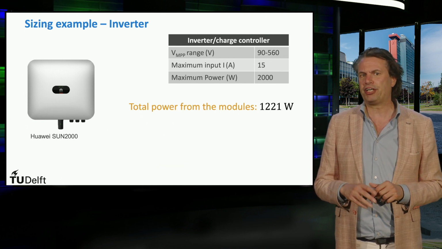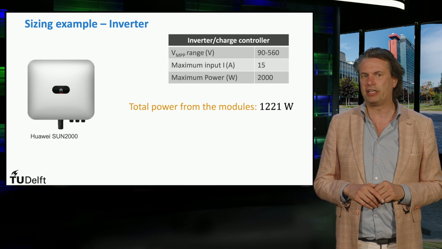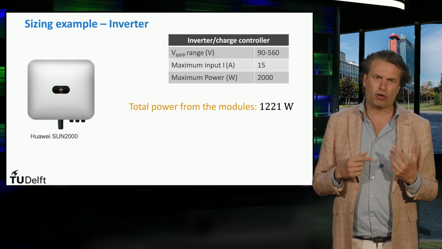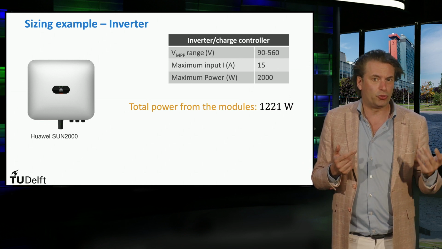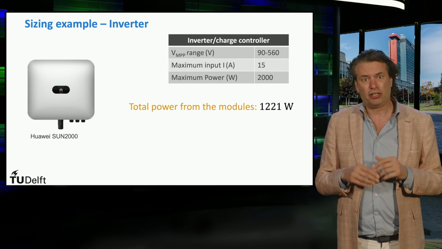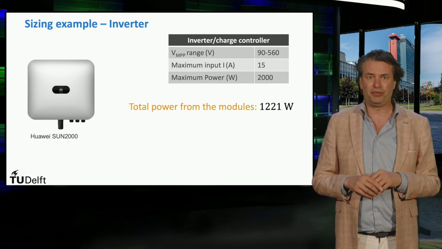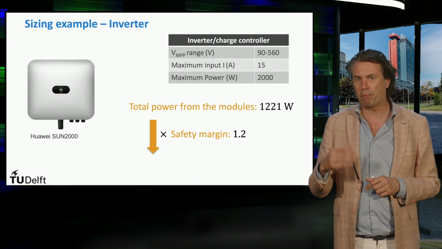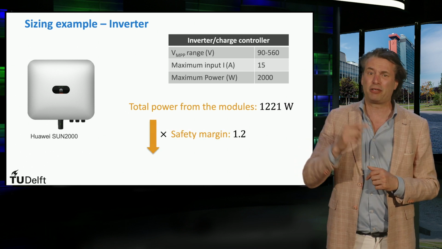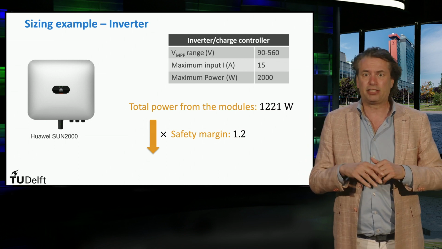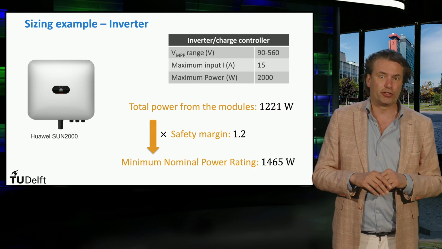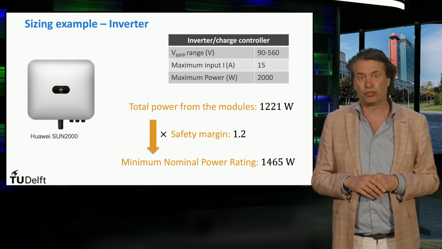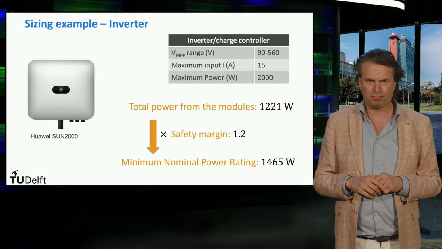Next to voltage and current, the inverter is sized based on the PV array sizes as well. So the PV power of 3 modules of 420 watts is equal to 1260 watts. The inverter should be able to handle this power. So as a safety margin, generally the inverter is rated for a maximum of 20% higher than the PV array power. In this case, the maximum power rating of the inverter turns out to be 1512 watt, which means a 2 kilowatt inverter system will do the job.